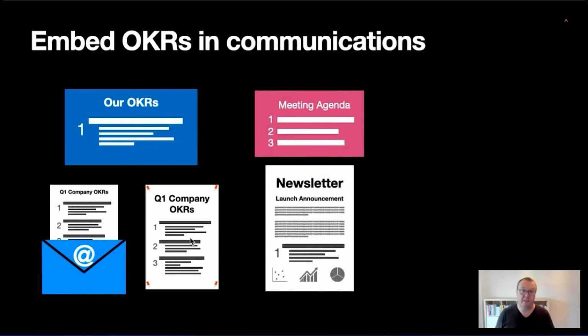The ways to do that is to make sure that in the meeting agendas, we talk about the contents of the OKRs. How are we doing with this objective? Whatever work you're doing, ideally it should be related to the OKRs. If it's not, then either you're doing the wrong work or you set the wrong OKRs. So make sure that when you're having meetings, which should be about discussing the work, they also discuss the OKRs. When you launch something, put in your newsletter the objective or the key results that this launch affects, and how this launch will affect those key results, because that really emphasizes to everybody